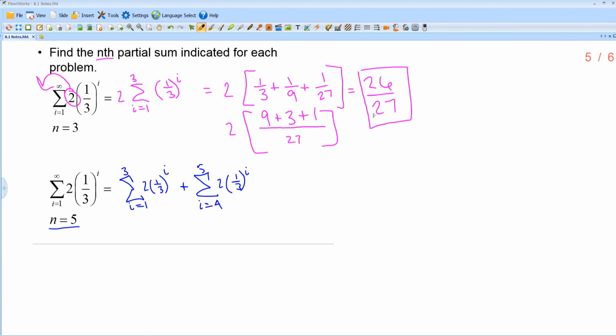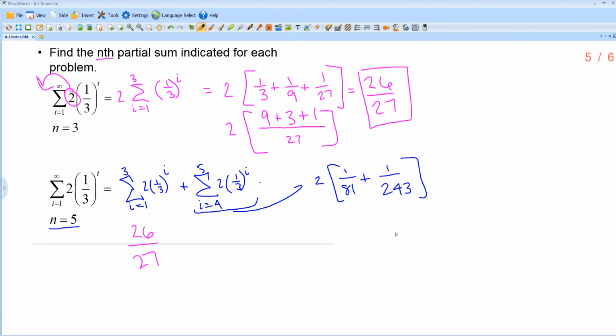Because I already knew that from 1 to 3 it was 26/27, I'll change that color to show again where that came from. So this 26/27 is going right here. Now I'll continue on with this other portion. Just like before, I could factor out the 2, and then I'm going to have the sum starting at 4. So this is going to be 1/81, and substituting in 5,